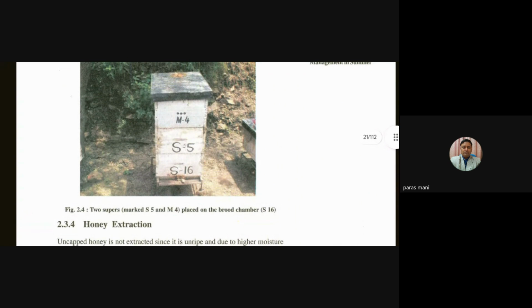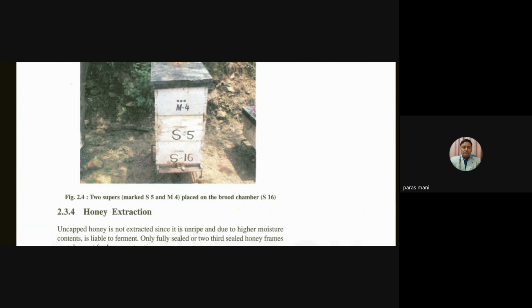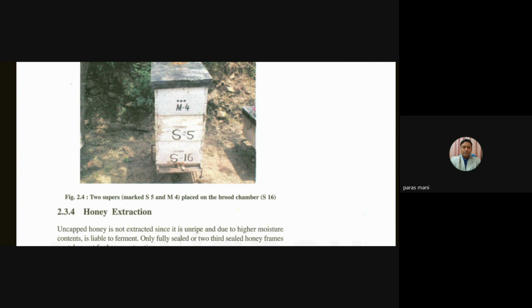Yeah, this is two supers. See, the topmost two chambers are super chambers, and the bottom chamber is S16, that is the brood chamber. In the major honey flow season, if we can't collect the honey regularly, more frequently, you can place one more super chamber below the existing super chamber, in between. Here in this picture,